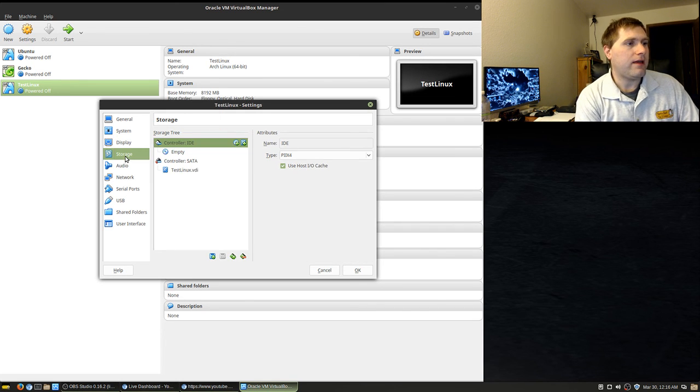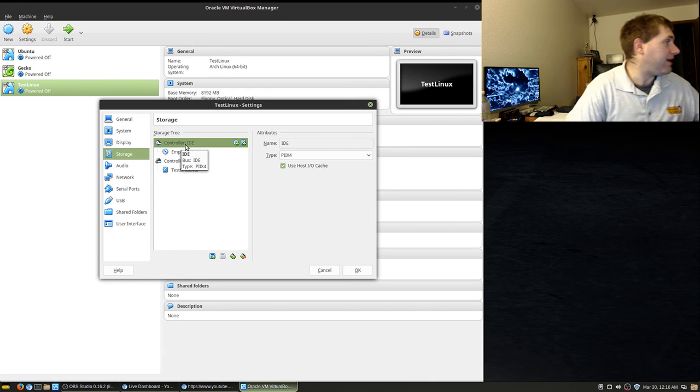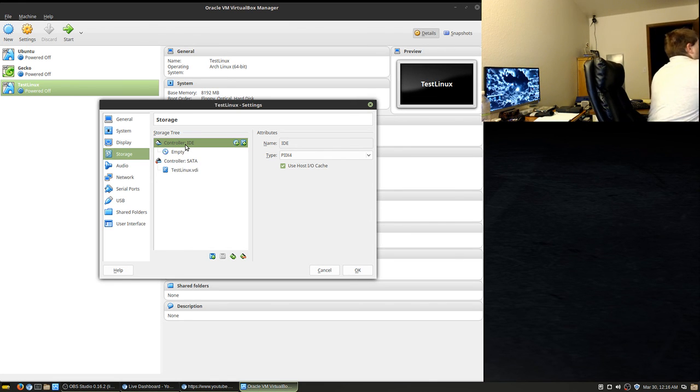Now, here is, I have no idea why it gave me an IDE virtual. Anyway, knowing your operating system, like if I wanted to install Windows 98 on here, I'd have to make sure that all of my controllers are IDE. For those that were, you know, born after 2000, we had this old thing called an IDE, and actually I